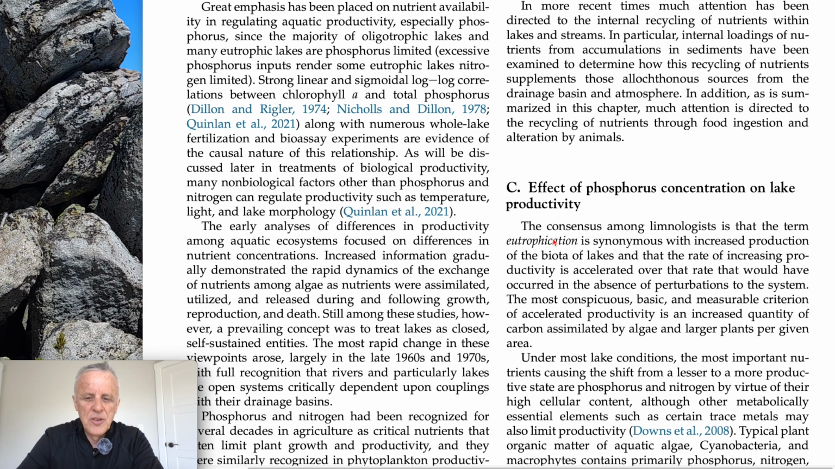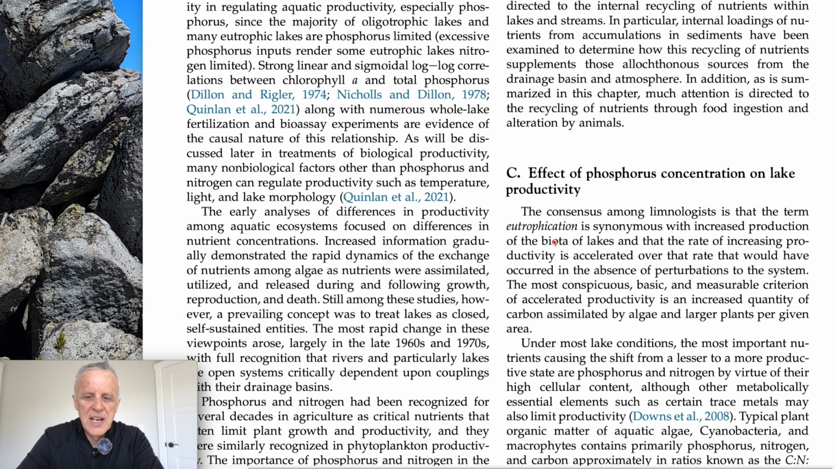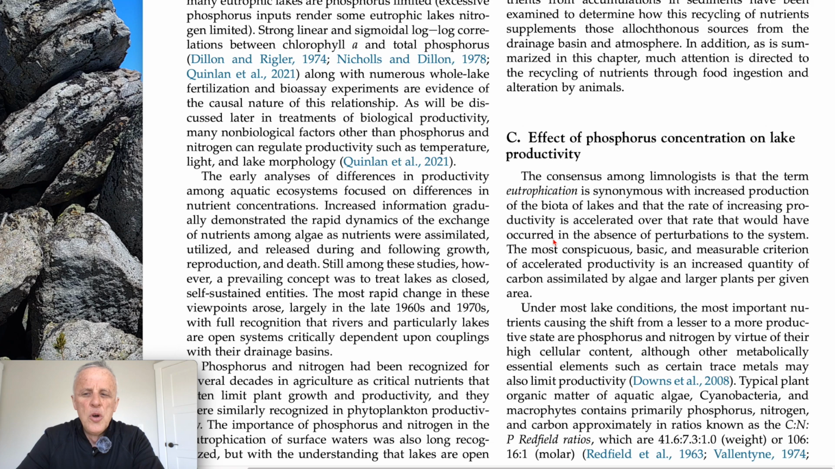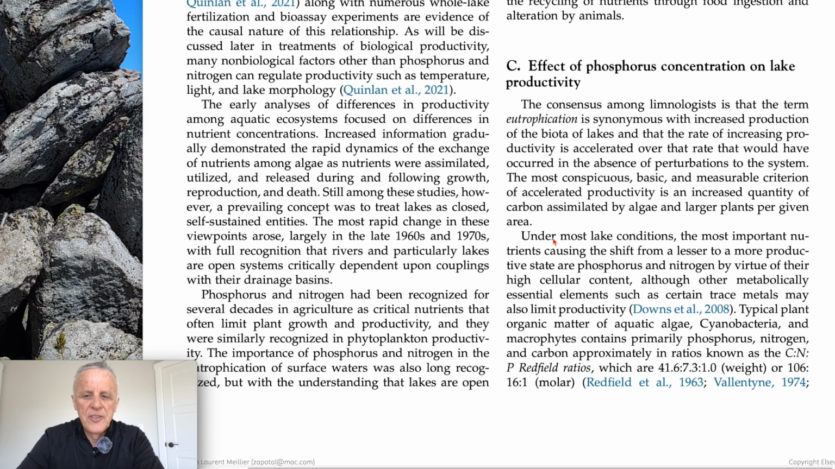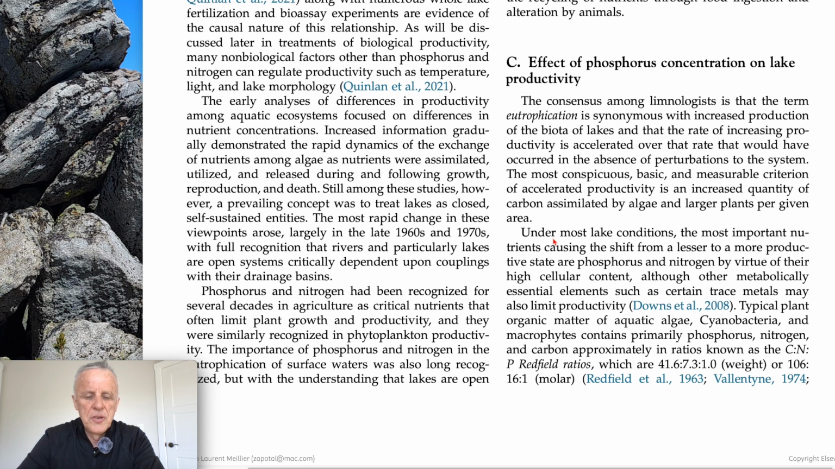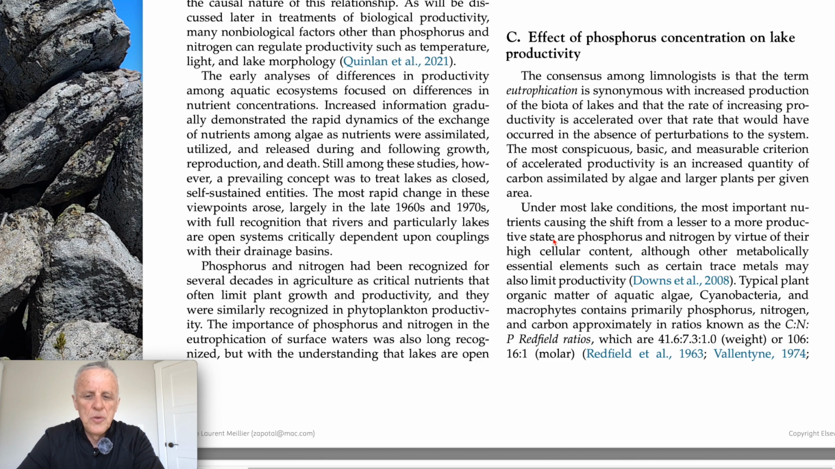In addition, as is summarized in this chapter, much attention is directed to the recycling of nutrients through food ingestion and alteration by animals. Effects of phosphorus concentration on lake productivity. The consensus among limnologists is that the term eutrophication is synonymous with the increased production of the biota of lakes, and that the rate of increasing productivity is accelerated over that rate that would have occurred in the absence of